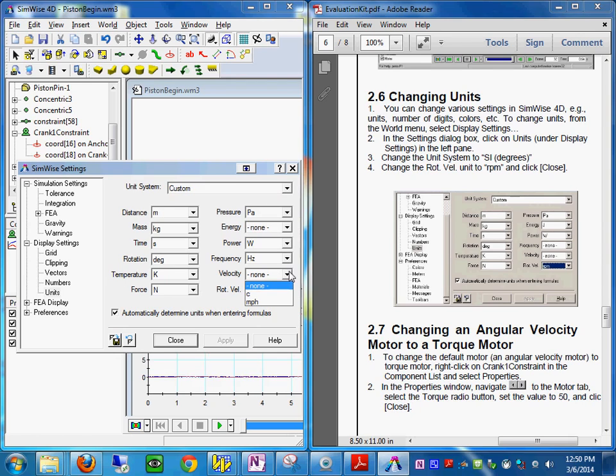The velocity you could do in miles per hour if you want, but the exercise here is based on what we have here. So